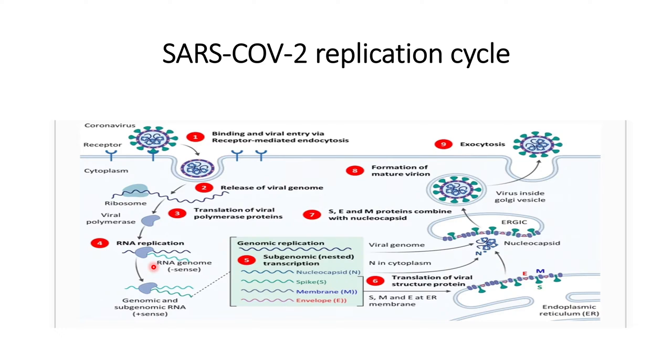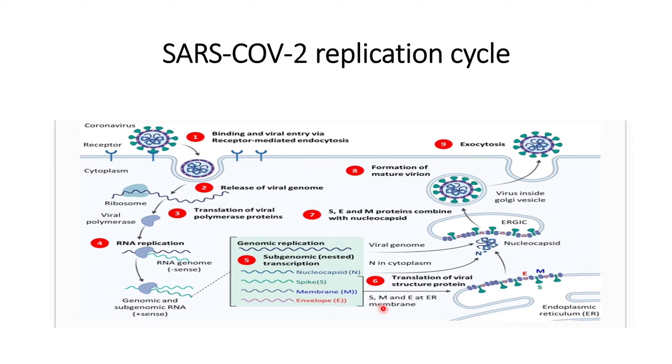Along with that, the subgenomic RNA, that is the structural proteins necessary for the replication of the SARS-CoV-2 virus, are also translated in parallel. This subgenomic RNA codes for the four structural proteins: nucleocapsid protein, spike protein, membrane protein, and envelope protein. At this place, the viral genome is also replicated, and these structural proteins are also produced. After that, there is a segregation of pathways, in a way that the structural proteins,